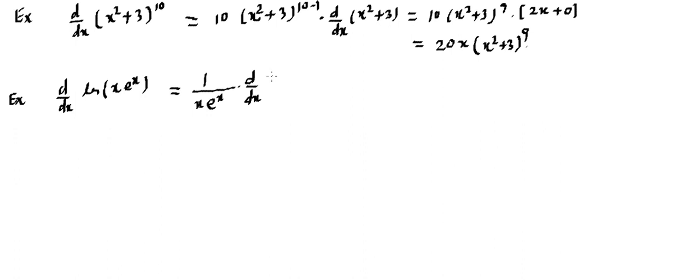So d upon dx of this inside function, which is x e raised to power x. Now this differentiation will require the product rule, because they are being multiplied. So here we need to simplify using the product rule. So let's carry on. So it becomes 1 upon x e raised to power x into applying the product rule. As per the product rule, we write the first function as such, we differentiate the another function.